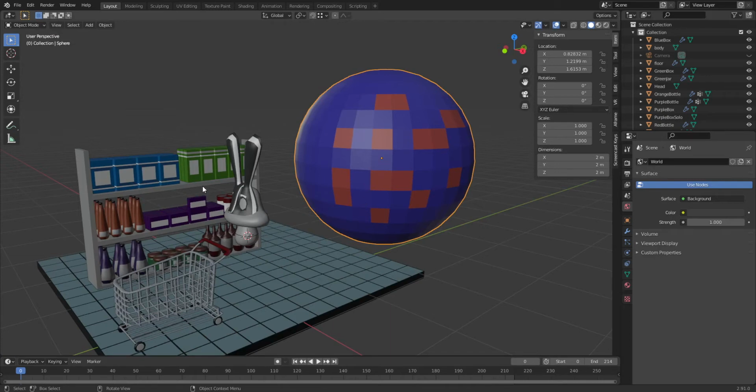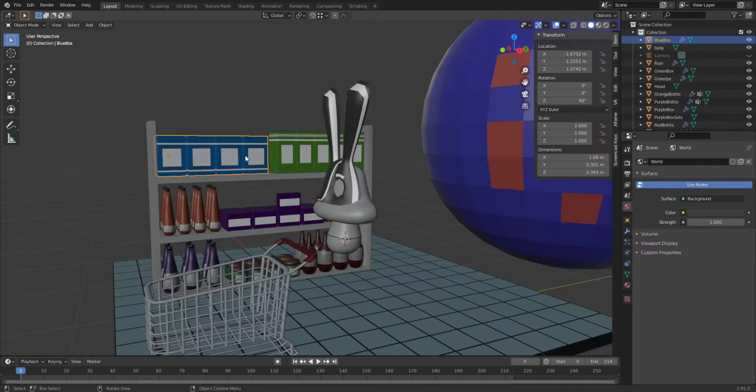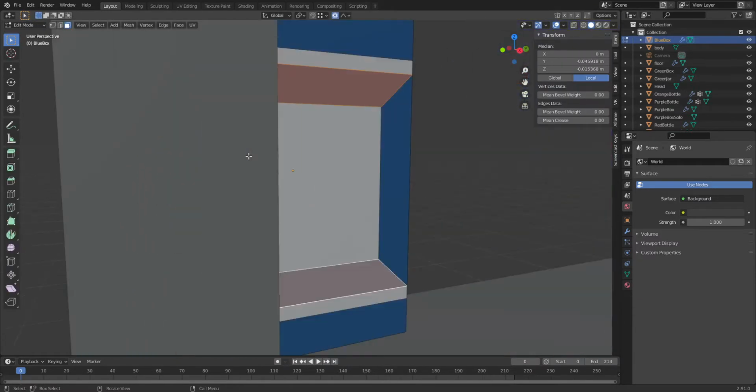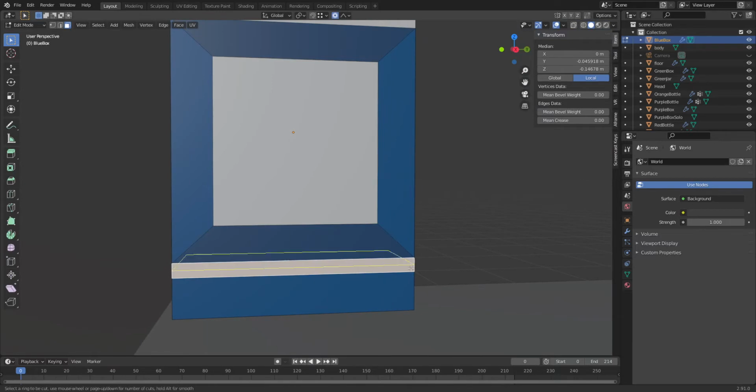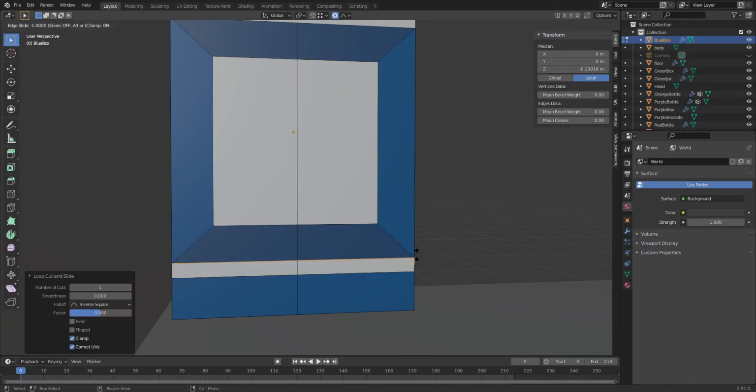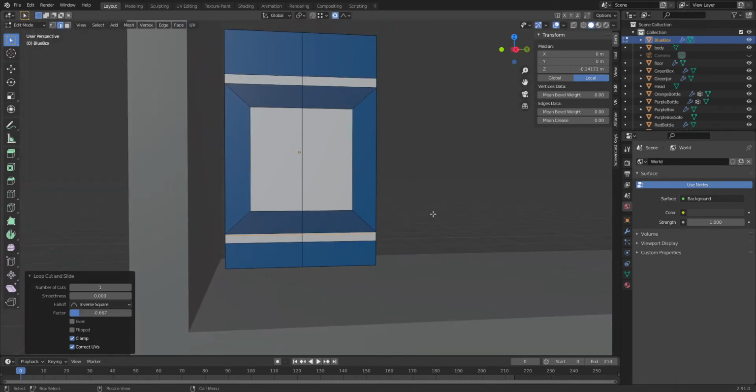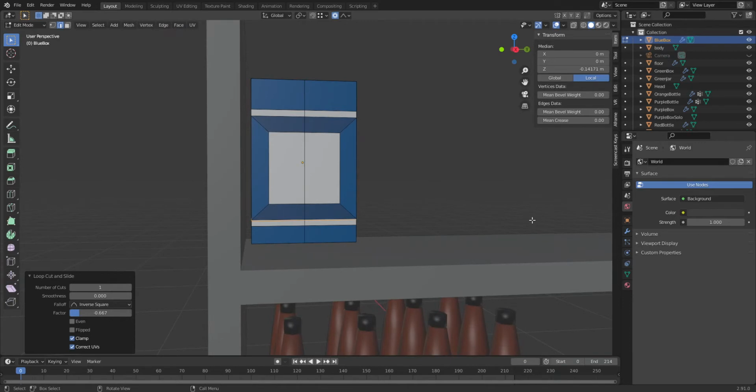So probably your colors are going to be really weird. If you want to maintain the colors as they are, you would have to add an extra edge loop so you can preserve that color, because otherwise the colors are going to blend in. I'm going to show you how that looks once I export everything